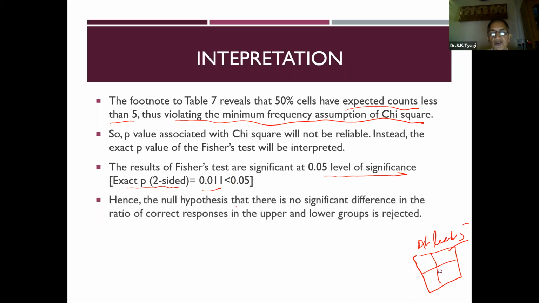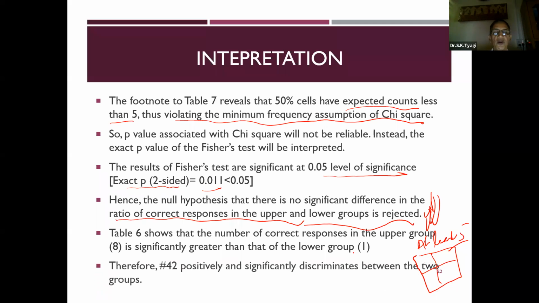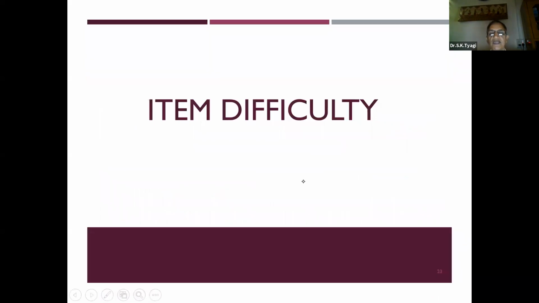Hence, the null hypothesis that there is no significant difference in the ratio of correct response in the upper group and lower group is rejected. Further, table 6 shows that the number of correct responses in the upper group is 8, which is significantly greater than the lower group. Therefore, item number 42 positively and significantly discriminates between the two groups. So this is an alternative approach. We can use the chi-square test in case of